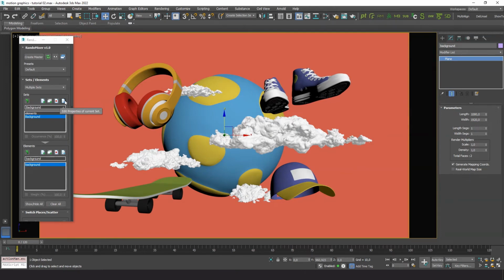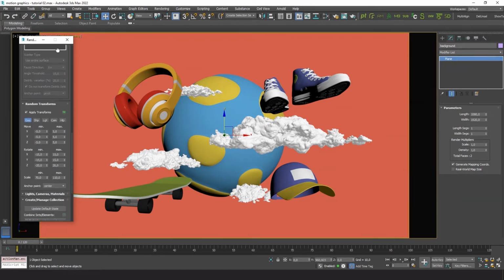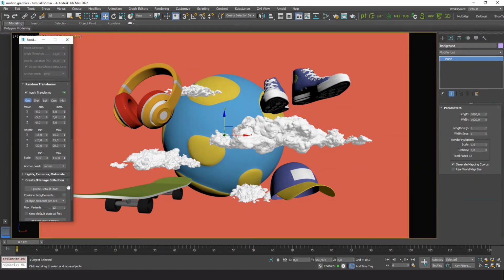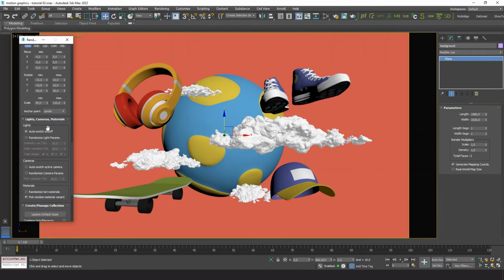One more thing. We need to exclude the background from switch places and random transforms operations. At the Materials section, make sure the option Pick Random Material Variant is active.